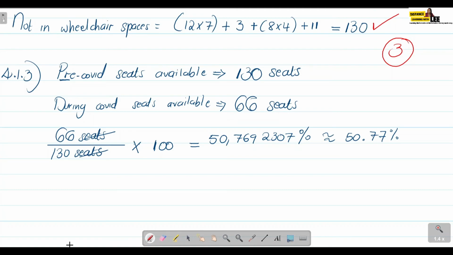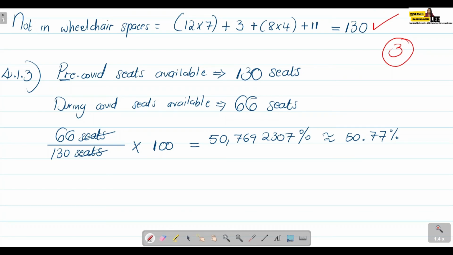So you calculate how many seats were available before COVID-19, how many seats were available during COVID-19, and then you use those two values to calculate the percentage income that was lost. So it's going to be 66 divided by 130, times it by 100 because you want the percentage. And we found that the percentage income lost due to the COVID-19 pandemic was basically